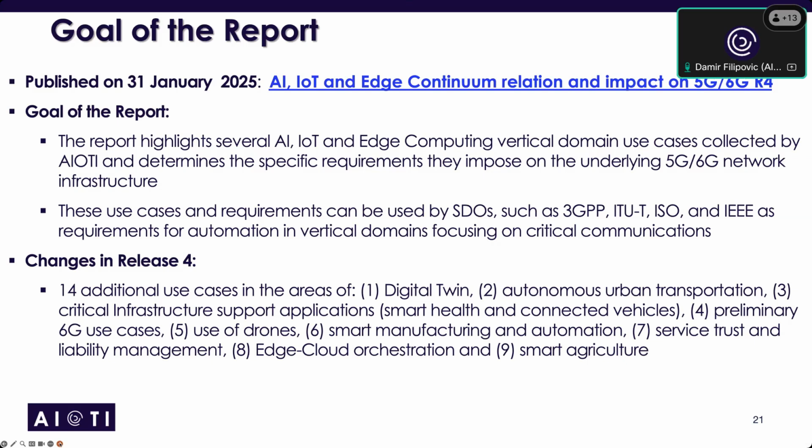In this release, we added 14 additional use cases, and you can see what the areas are. I will not read them from the screen now, and of course you will see them a bit later in the content, but 14 new ones. I think that was quite an addition, because we already have a lot of use cases from previous releases, and we will have to see in the next releases how to structure it, because it's getting a bit too big. Which in a way is good, but most probably the next releases will just add new ones rather than repeating